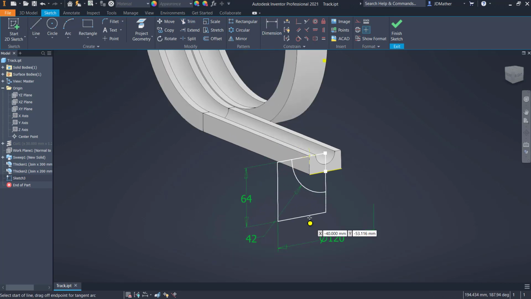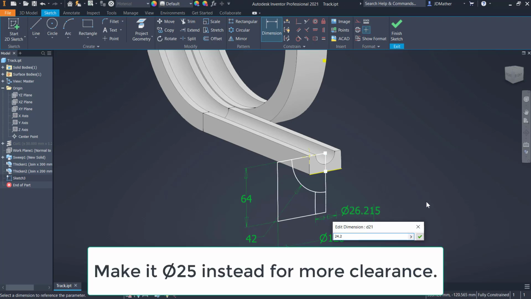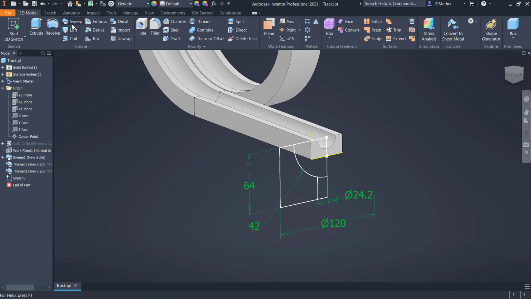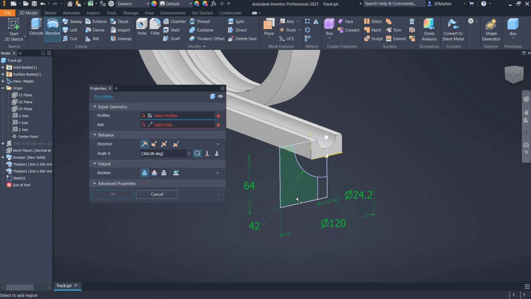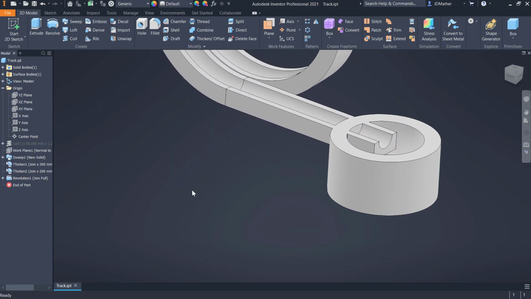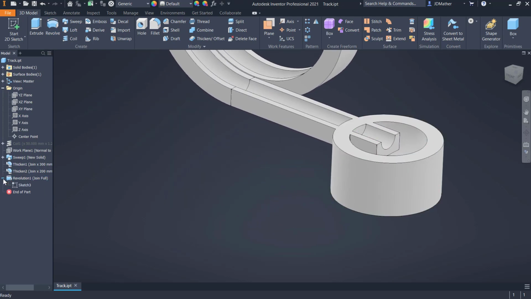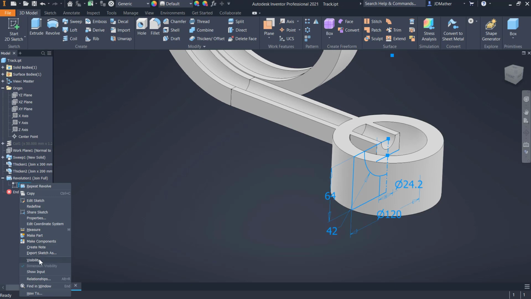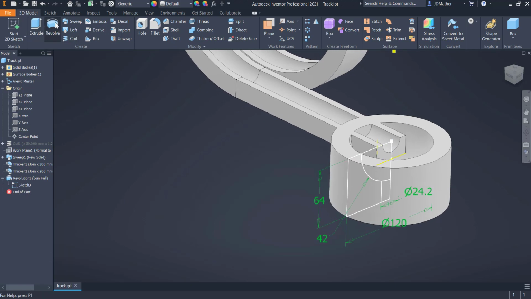I'll then draw a line from here down to here, and I'll dimension the diametral dimension from here to the center line, that distance as 24.2. I'll finish this sketch, and then I'll do revolve, and I'm going to revolve this area around the axis, and then I'm going to do revolve again, turn on the visibility of that previous sketch, and I'll do revolve, and